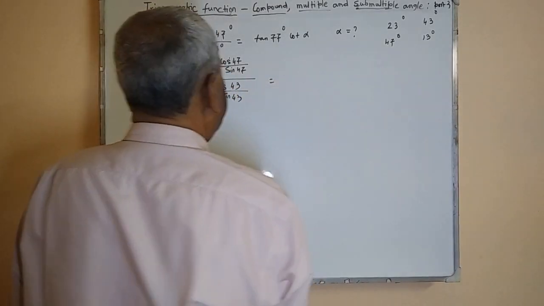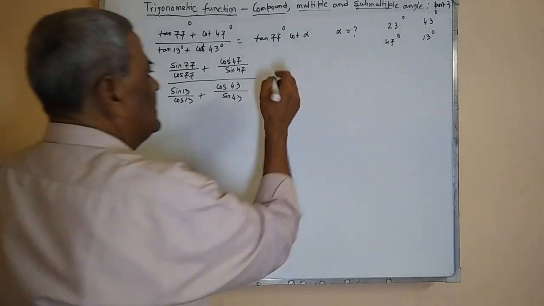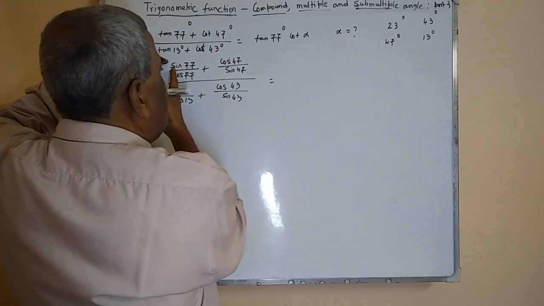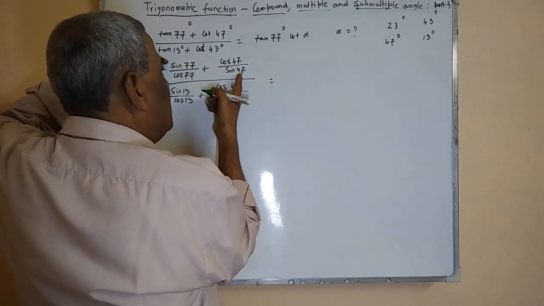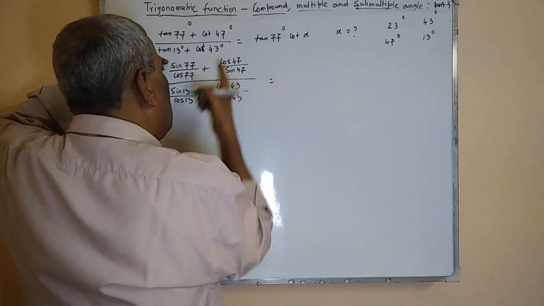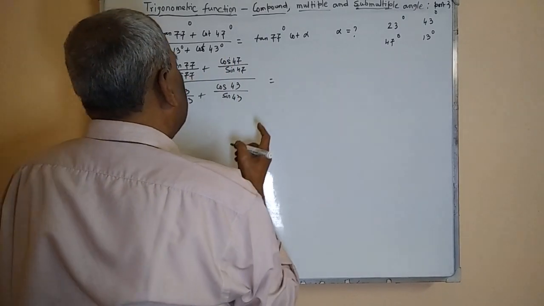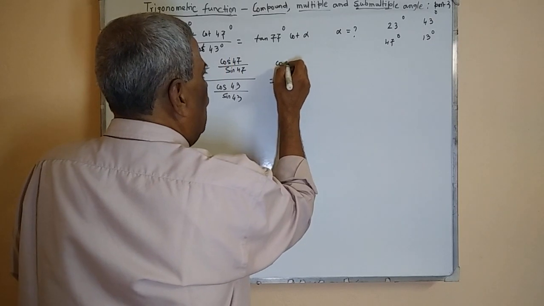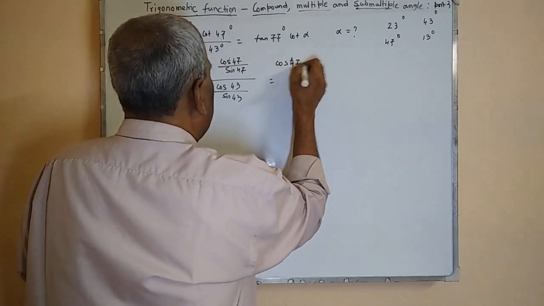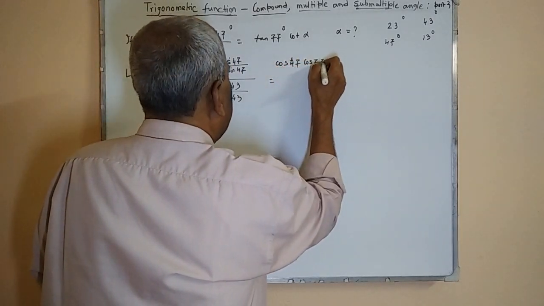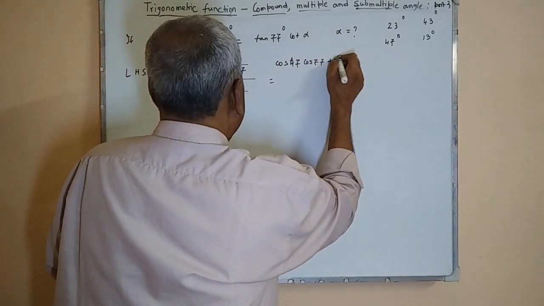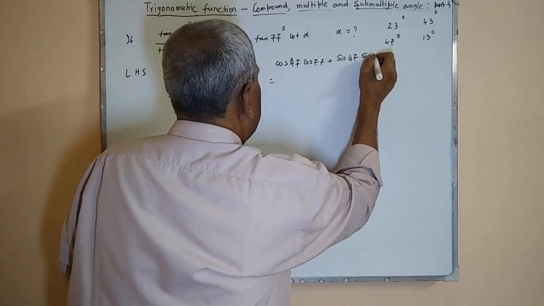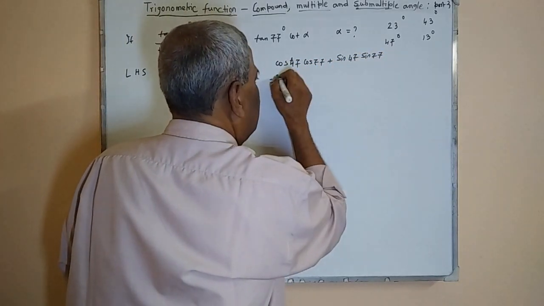In the numerator it is sine 77 sine 47 plus cos 47 cos 77. I write it as cos 47 cos 77 plus sine 47 sine 77, by